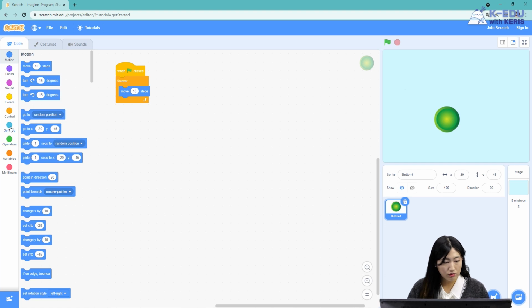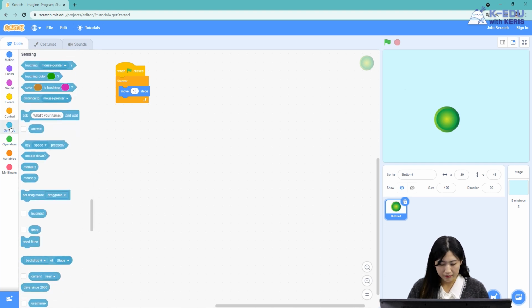You have to go to the Sensing tab and drag a Touching Mouse Pointer block. This is the block, and you can change the mouse pointer to the edge. And you have to put the block in here